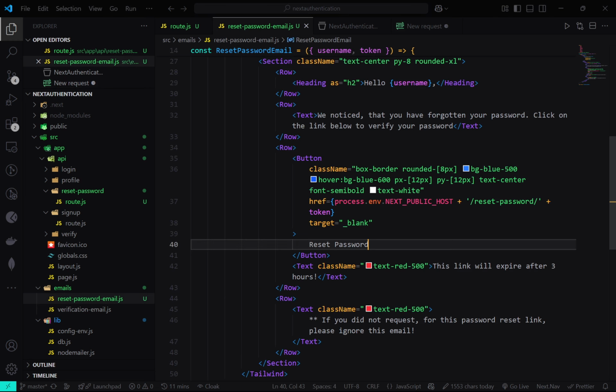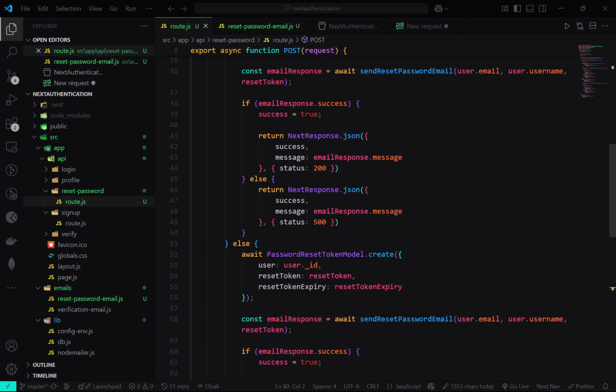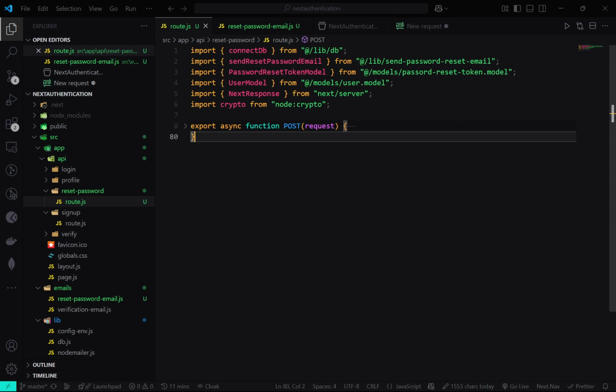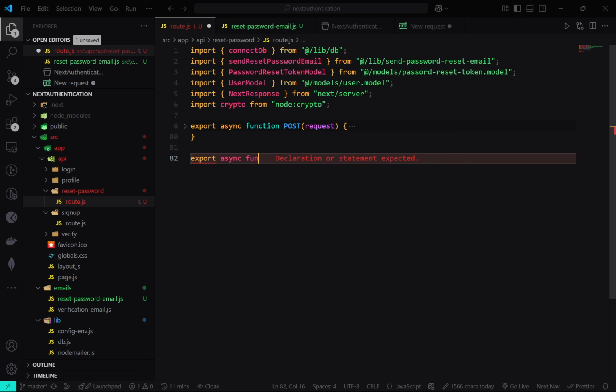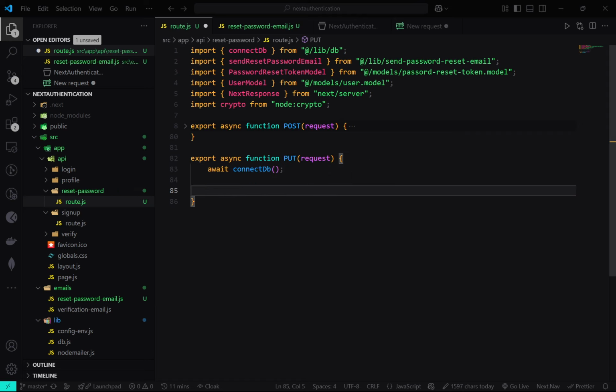Inside my Visual Studio Code, what I will do is now I will go ahead and verify the means. I'll just go ahead and write here a put function, export async function put, then first await connect db. Not const actually. Okay, wait a second. Actually, for reset token,